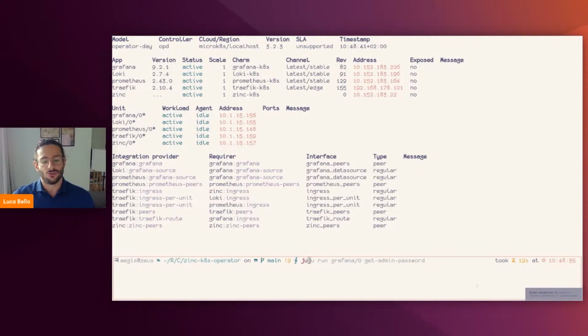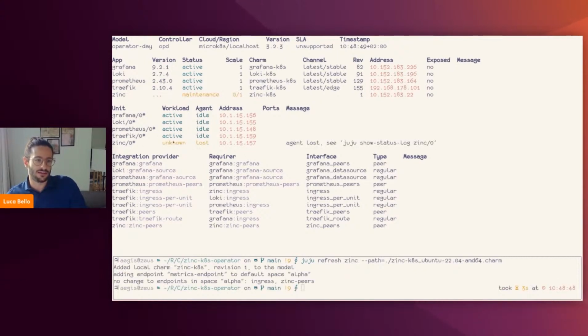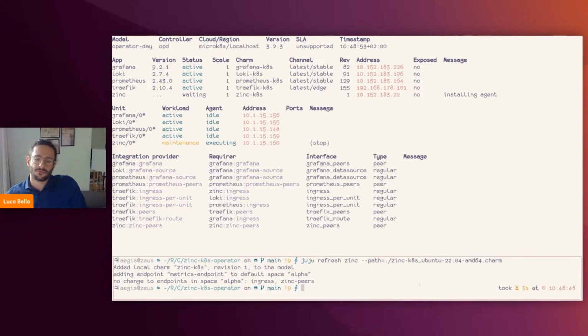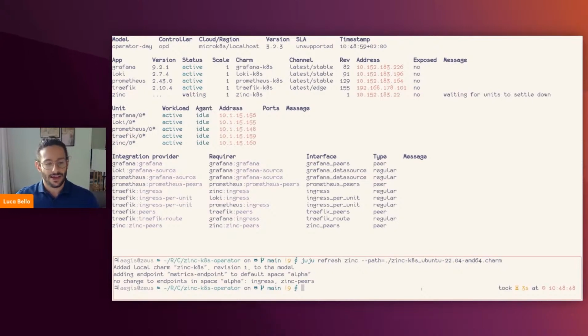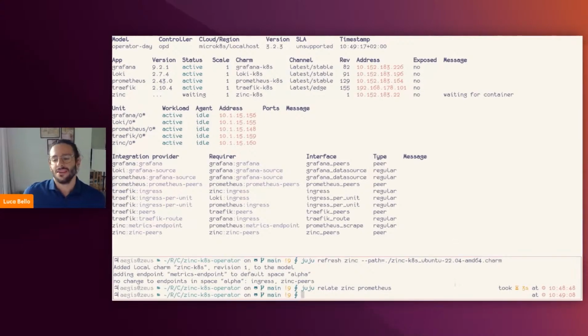So let's do that. We can juju refresh zinc. You're going to see that in the status screen, Zinc goes into maintenance, and it's going to upgrade. And now that that has happened, we can run juju relate zinc prometheus. Before the applications settle, that doesn't matter. Okay, now that everything is active idle and the applications will settle in a second,